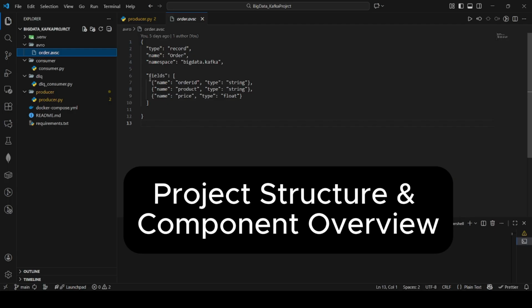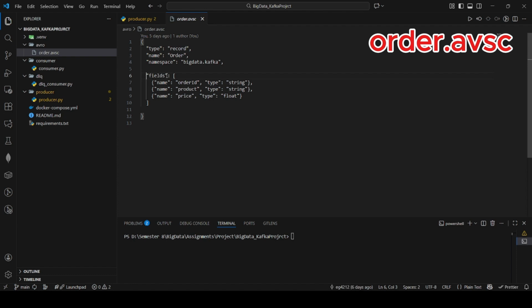Let's take a look at the project structure and the component overview. This is the Avro schema that defines our message structure. It's a JSON file that specifies an order record with 3 fields. Order ID as a string for unique identification, product as a string for the item name, and price as a